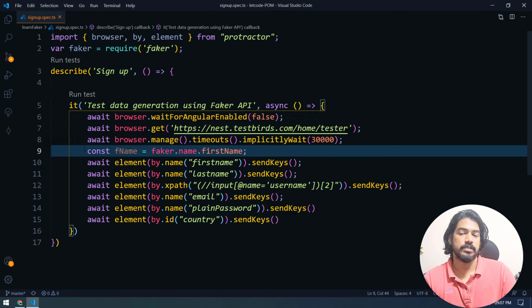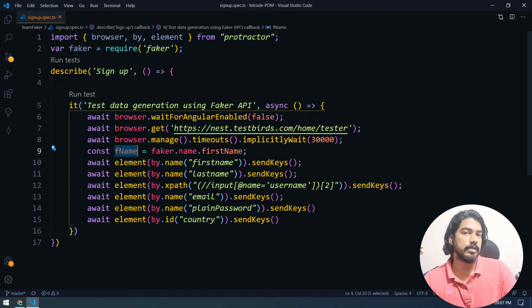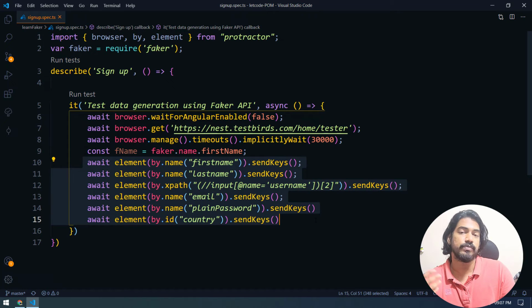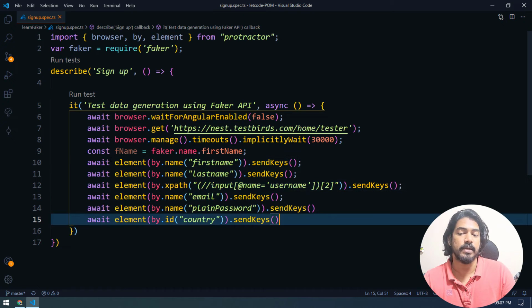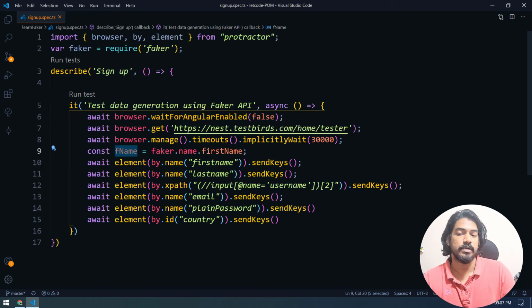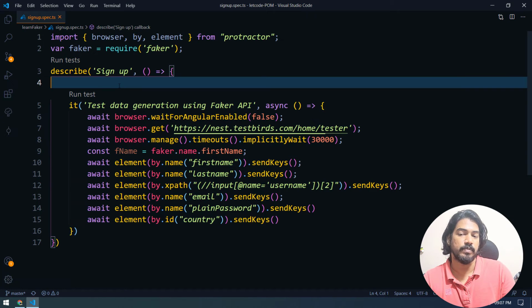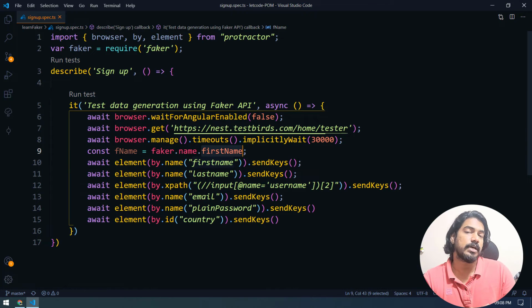So why I'm doing this is that I can use this variable maybe in another script, or for example, once we are done with the registration, then we want to do the sign in with the same data, then probably I can use the same variable. Of course, I have to write it at the top level, then I can use it. Or else, before passing this data to my script, I can store that in a JSON file, so from the JSON I can read. I already have a video on how to read and write data in JSON. I will leave a link somewhere in this I button, so you can click and check it out.